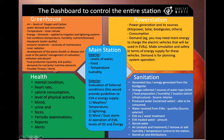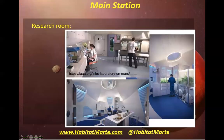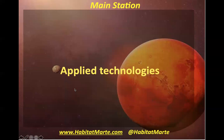Also, if we are planning an extravehicular activity, we need to see the levels of oxygen and energy for the astronauts that will be working in this extravehicular activity. Okay, research room to do some analysis. Okay, and now